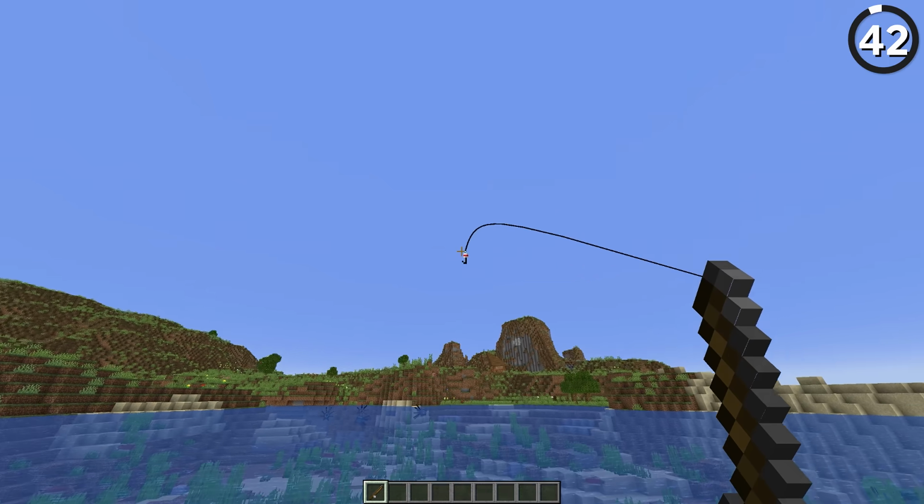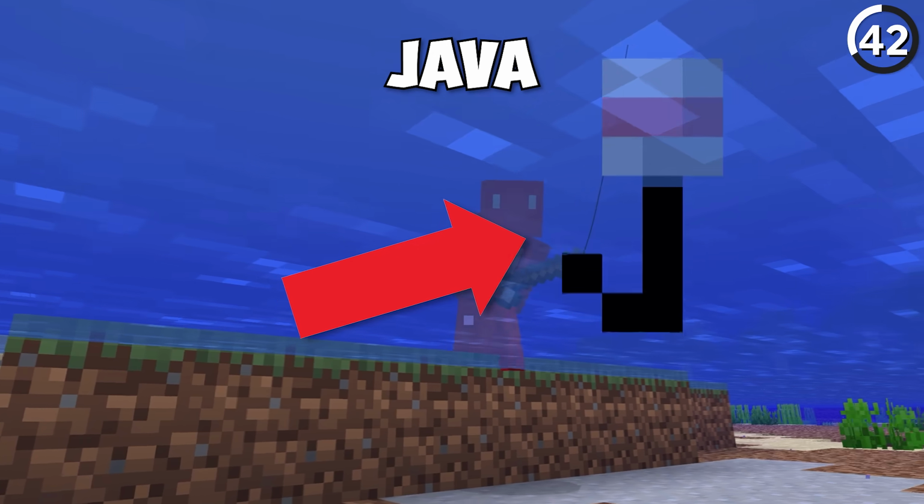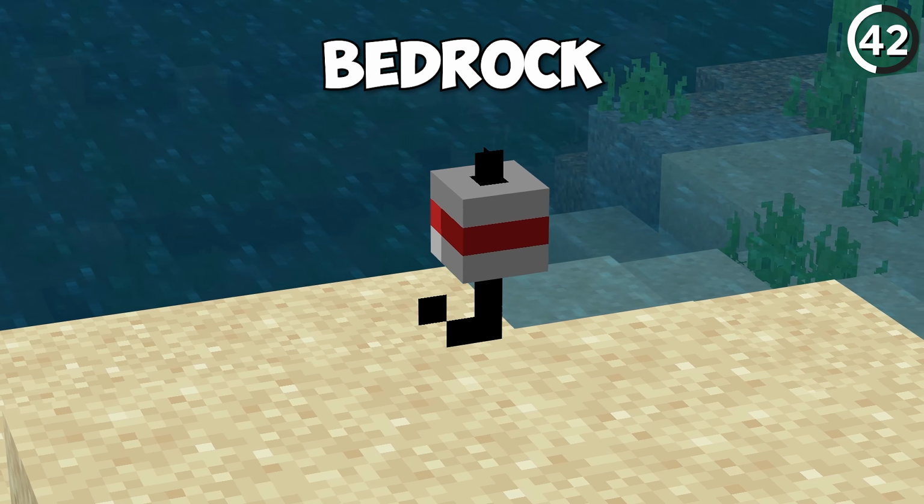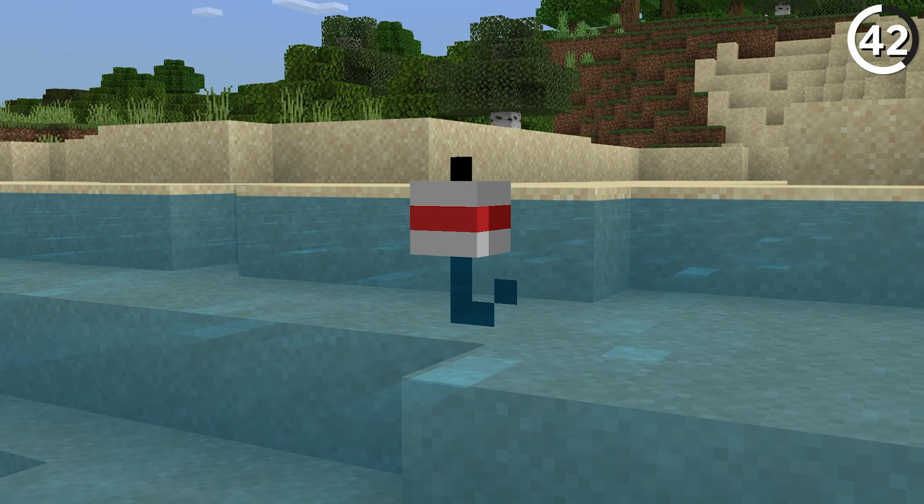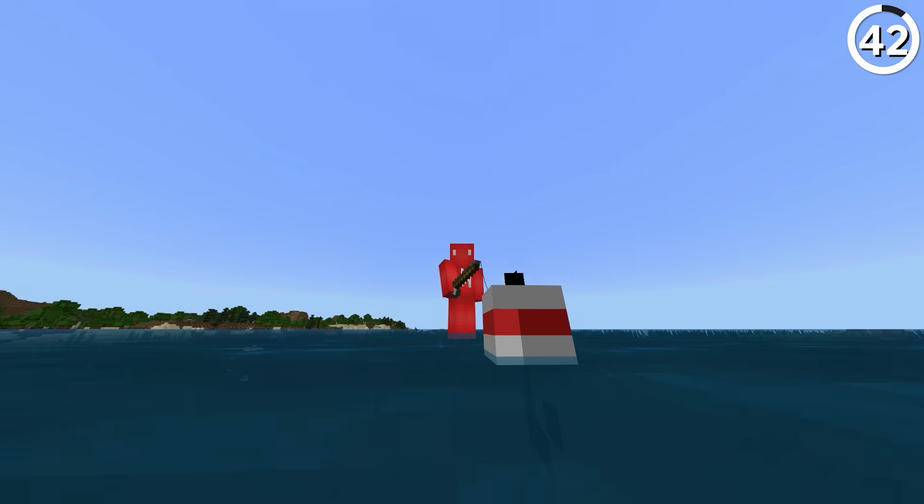If we were to cast a fishing rod and then zoom in, you'll notice that in Java, the fishing bobber is a 2D texture, but in Bedrock it's a 3D modeled cube. And why the difference, I'm not exactly sure. It seems like more effort to do the 3D cube anyway, but it does fit Minecraft a little better, so